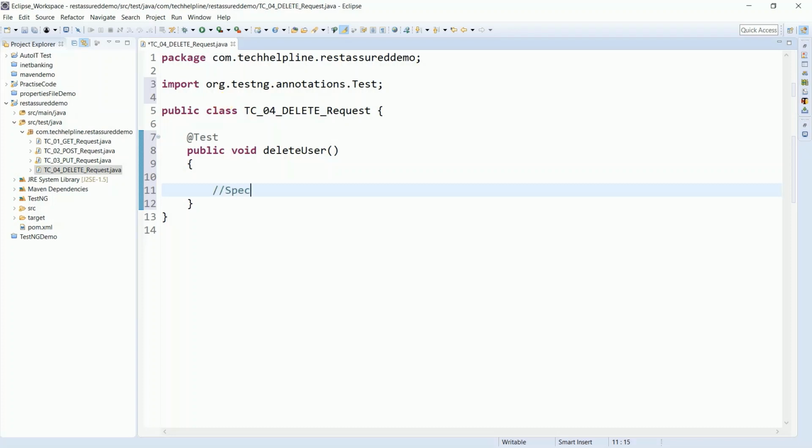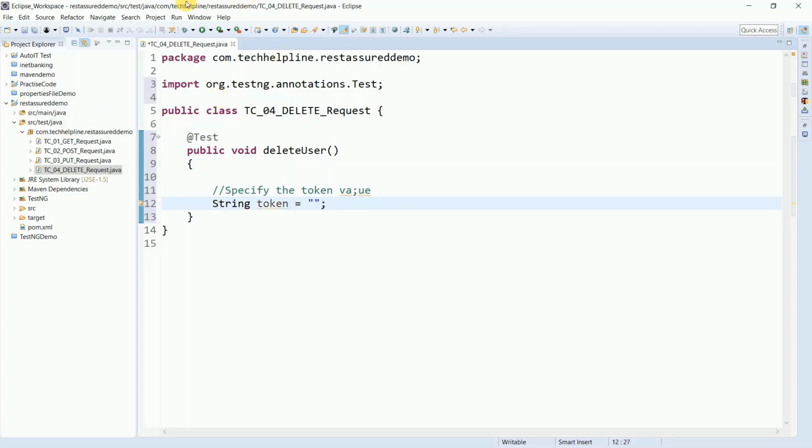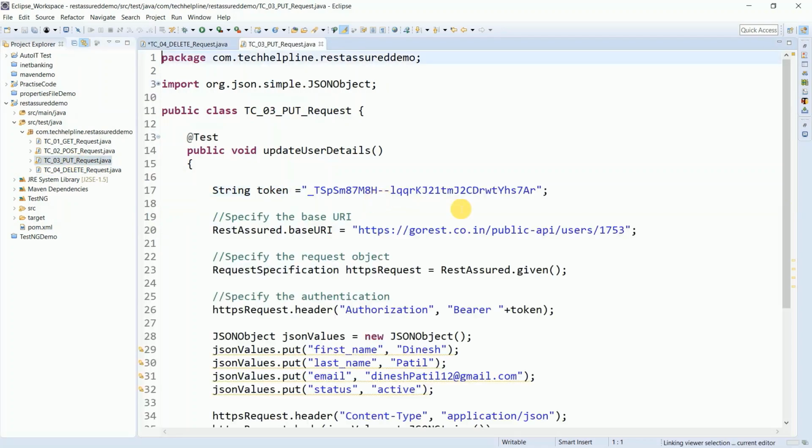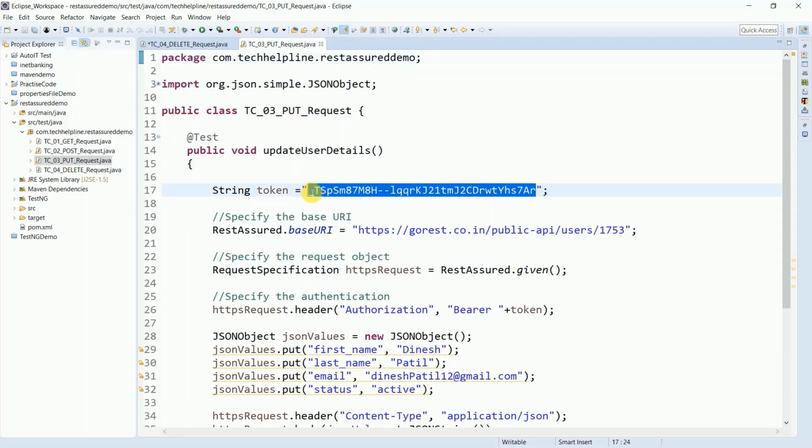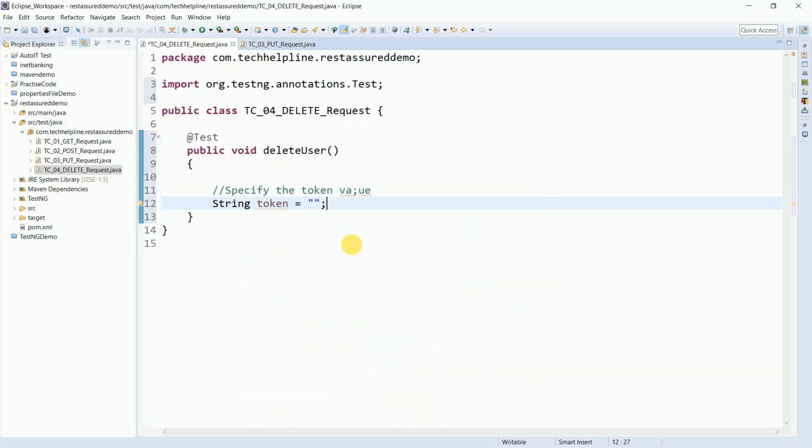First, specify the token value. I'm creating one string variable, token, and I'm copying my token value from the last method request.